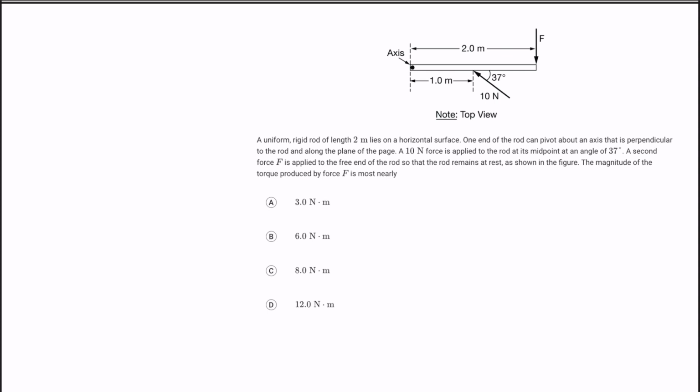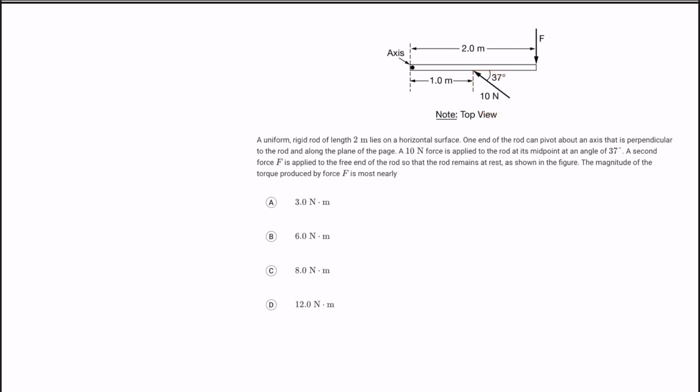The magnitude of the torque produced by F is most nearly what? All right, so it tells us that the rod is at rest, so that means it is in rotational equilibrium. That means there is zero net torque. So I may not know what the torque generated by this force is, but since I have the angle and the magnitude of the force here, I can calculate the torque generated by this force. And because